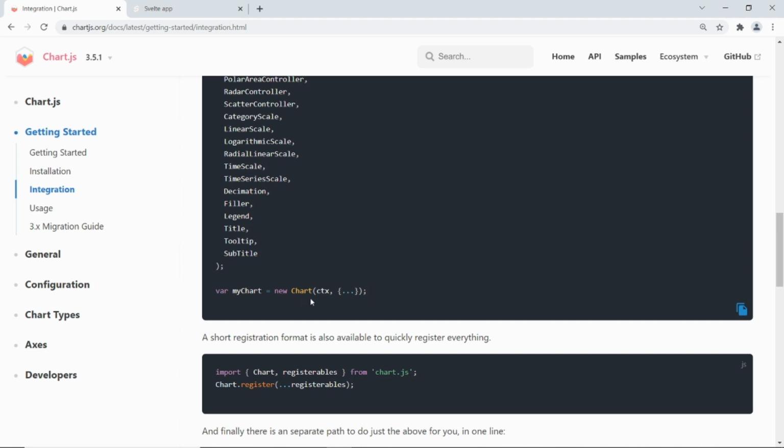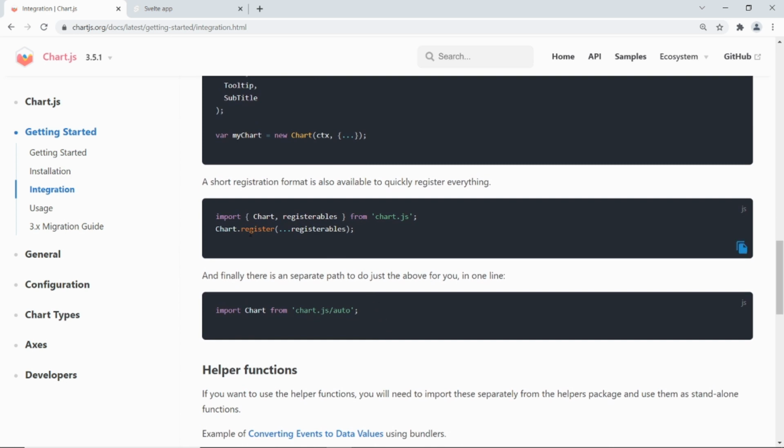In my chart equals new chart, and you put it into that function, the chart function. So you can do it that way, or you can do it in this method they suggest here. Short registration format is also available. So we can copy and paste that in there, or there's another third way, which is sort of a one-liner